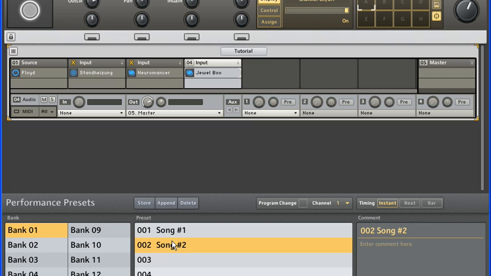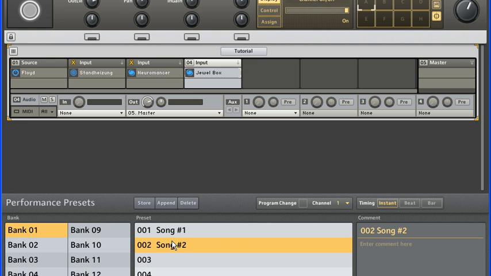This allows you to build elaborate live sets using a large number of plugins in a way that would ordinarily not be possible, but is possible within Core because only the sounds and effects you need at any given time are actually using resources. Now, I just changed presets by clicking on the desired preset name, but of course you